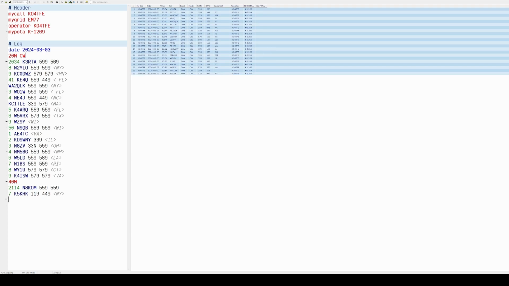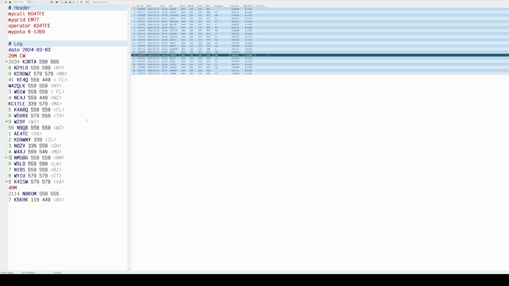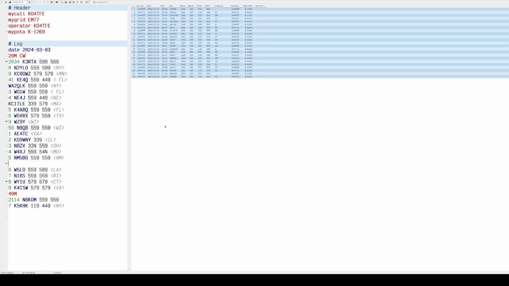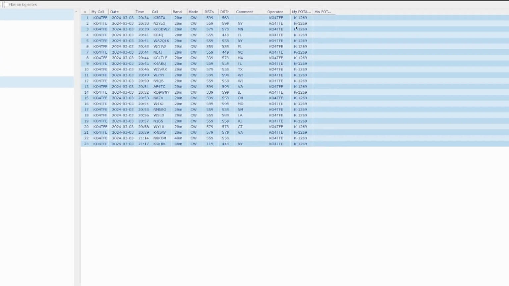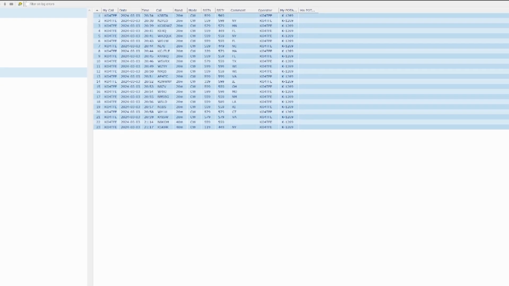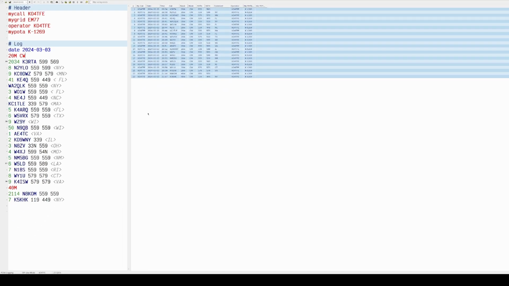Alright, and at this point I usually like to go through and check and make sure I didn't miss anything. It looks good. So now you can see we have our log over here, and it's got our POTA parks and all the stuff we need. So now I can actually just go here and save off the, actually let me show you one little thing